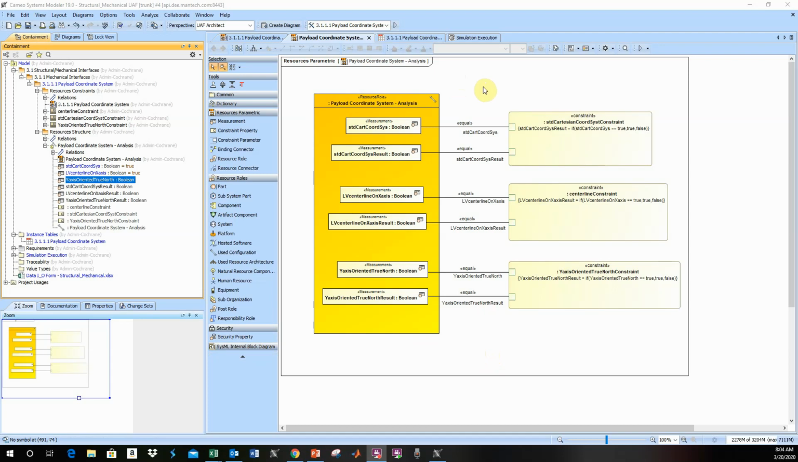It's really simple. It's just all Boolean. If it's true on each of the input measurements, then the constraint basically says that it's going to return true for the result. If it's false, then it's going to return false. So as you can see over here, I've got the default values for the standard coordinate system as true, and for the launch vehicle center line on x-axis true,